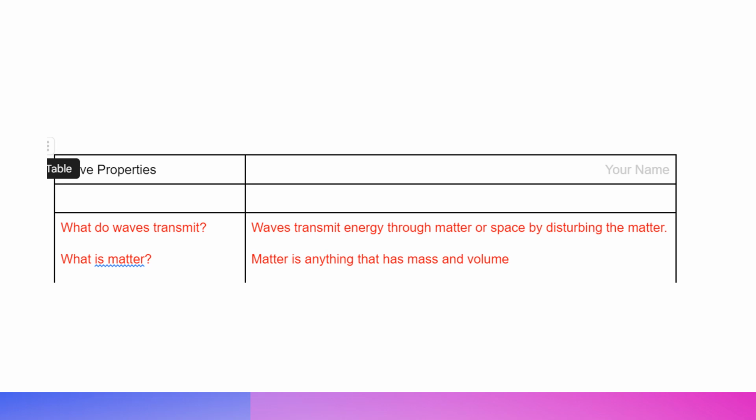Waves transmit energy through matter or space by disturbing the matter. Now, if it's just traveling through space, it's not going to disturb matter, but we'll get to that later. And the second part of this is understanding what matter is, right? Because if we're saying we're transmitting energy through matter, we need to have an understanding of matter. And matter is anything that has mass and volume. Remember that these are